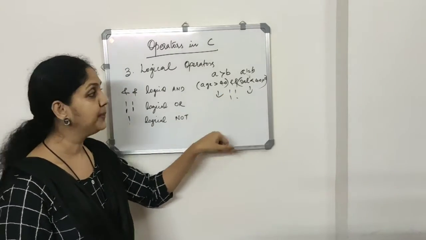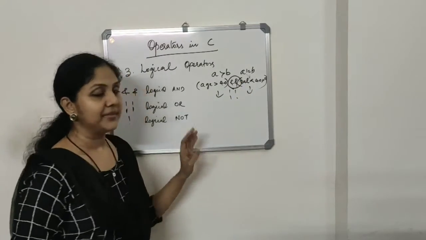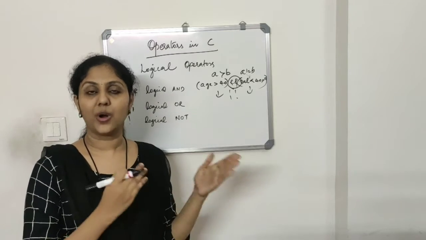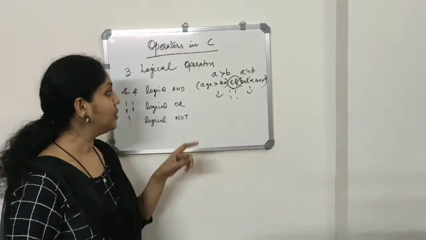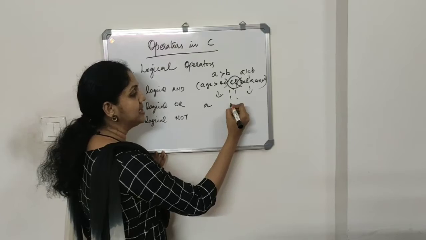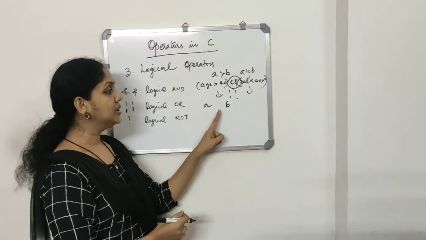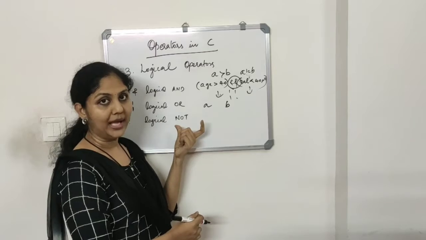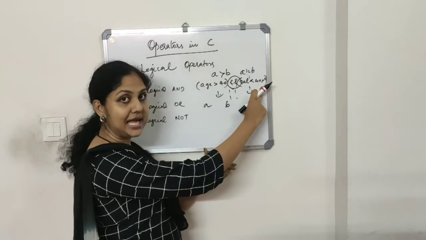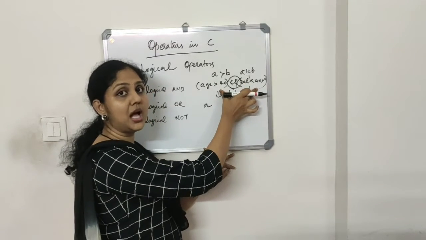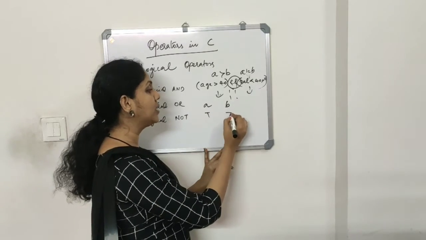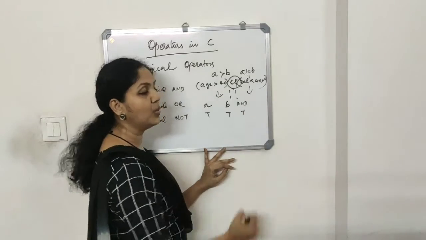So what will happen here? This AND operator, again these logical operators will return either a true value or a false value, either a 1 or a 0. So how are we getting the values? Here we consider this as operand 1 and this as operand 2, or A and B. If both the operands return a true value, that is if age greater than 40 and salary less than 40,000, if both the conditions are true, then this logical AND operator will return a true value. If both are true, then AND will return a true value.